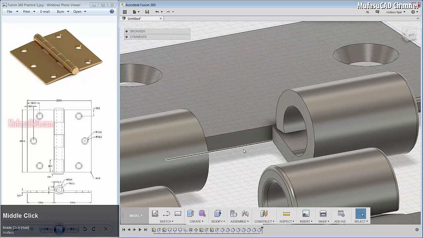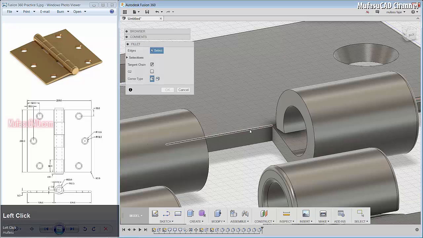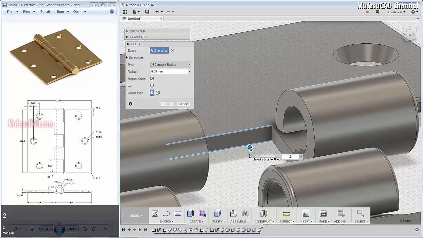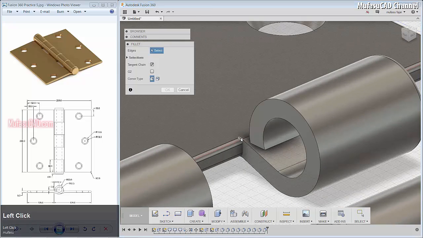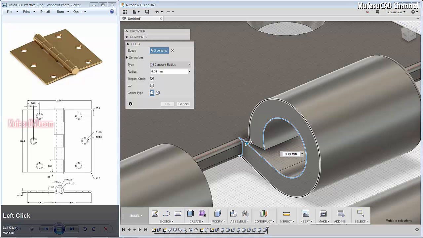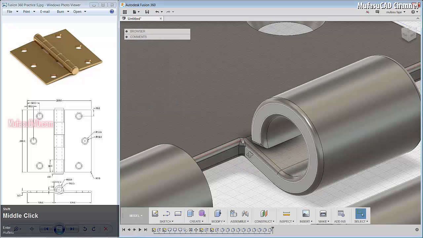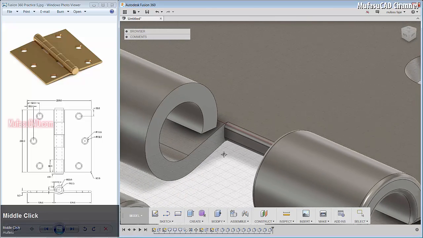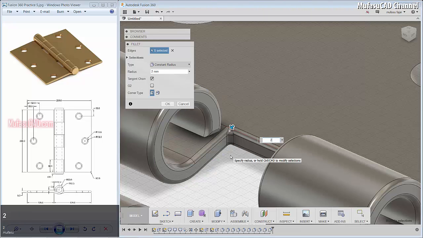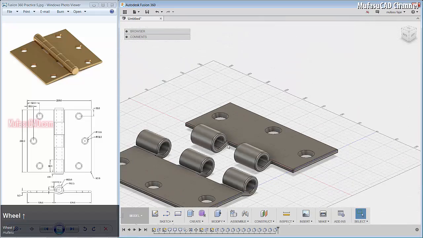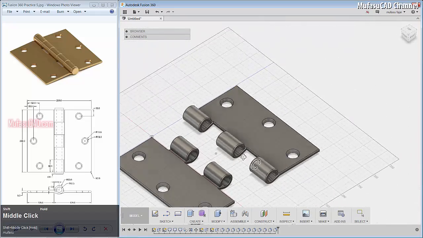Next we fillet in the middle here, then select in here, and we'll give 2 point, and fillet in here, select this edge here, here, this edge, and give 2 point and enter. And finally we select this edge to fillet with 2 point. Okay, and give a 2 point and enter. Okay, you can see the result here.